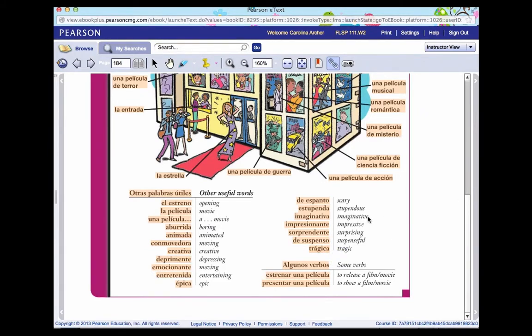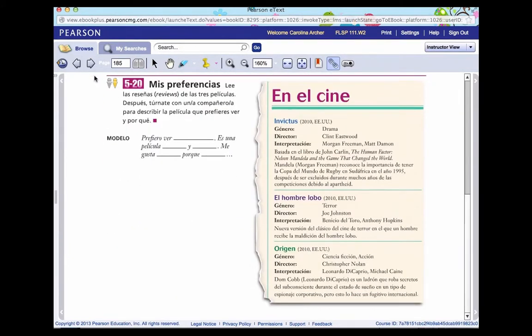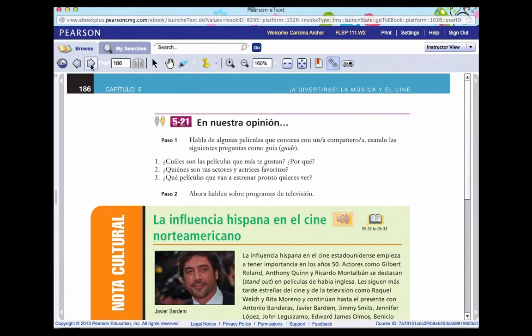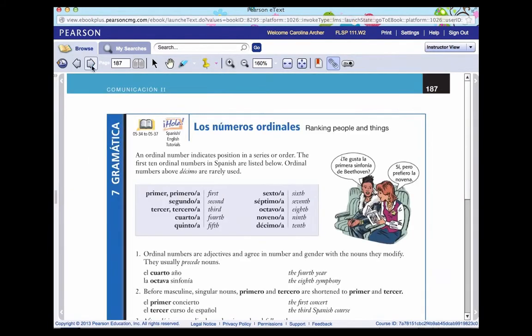These are all adjectives to describe movies. And some verbs, estrenar una película, to release a film or a movie, y presentar una película, to show a film or a movie. Okay, so that's your vocabulary. And after doing the activities to practice some with the new vocabulary, we are going to take a look at